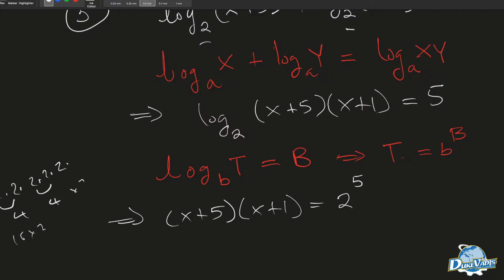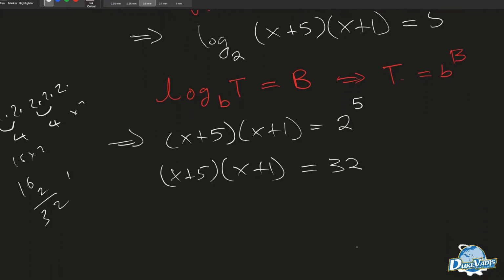5 of the 2 of the 5s. So 16 times 16, 2 times 2, 4, and this 4 times 4 is 16, 16 times 2. As you can see, 2 is 12. 1. So we have 32. So you see, our x plus 5